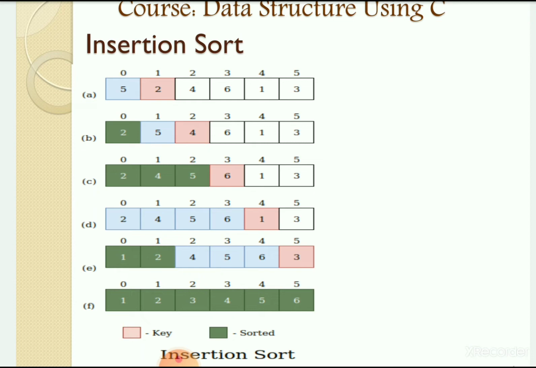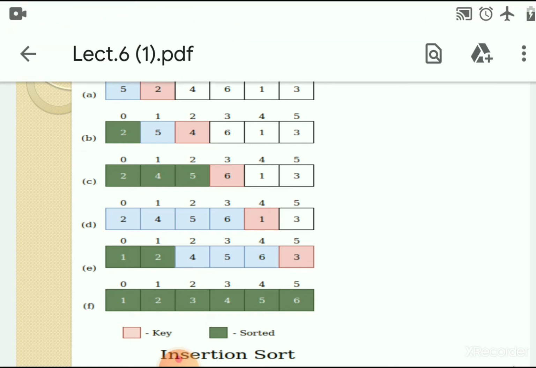Then we have to compare the fourth element with the 0, first, second and third element. The fourth element is 1, compared with the 0th element, that is 2. Now here 2 is greater than 1. So now what you will do is remove the 1 and store that value of 1 into a temporary variable. We have to shift the elements from positions 0, 1, 2, 3. All 4 elements we have to shift one place to the right.